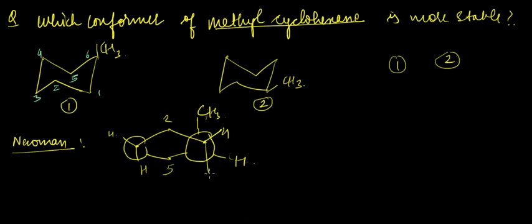Okay, so we have at 1st carbon H here and H here. So 1st carbon, then 2nd, then this comes the 3rd. On 3rd carbon we have H at equatorial and axial, and now at the back this is the 4th, and at the 4th we have H here and H here. Okay, so this is the Newman for the first compound, and for the second compound we would have something like